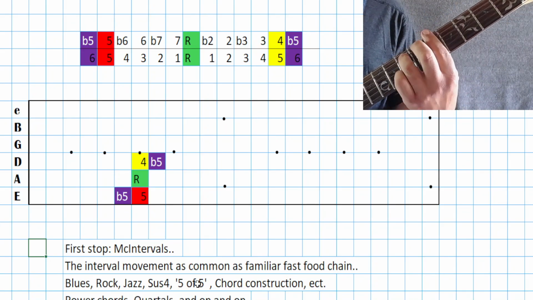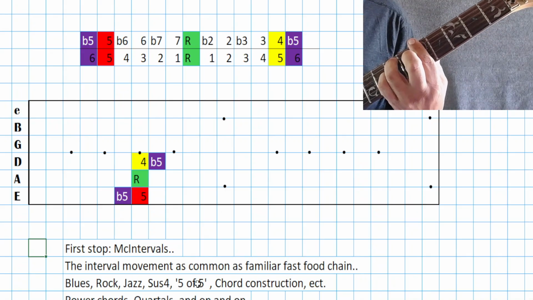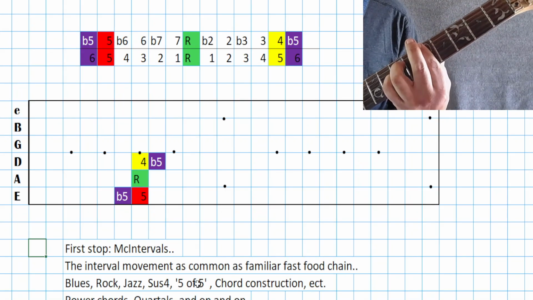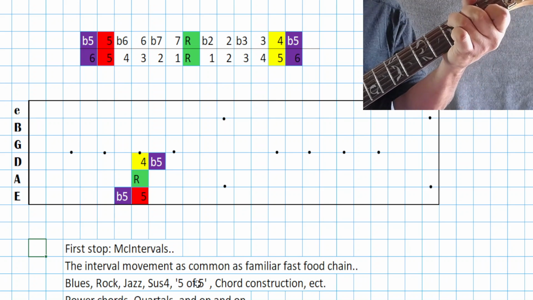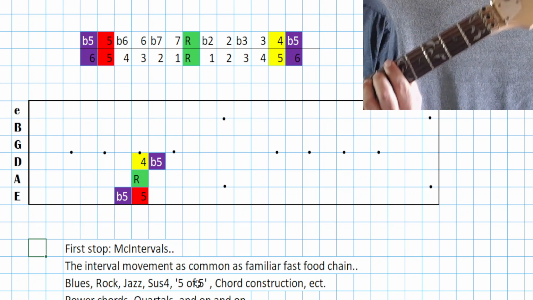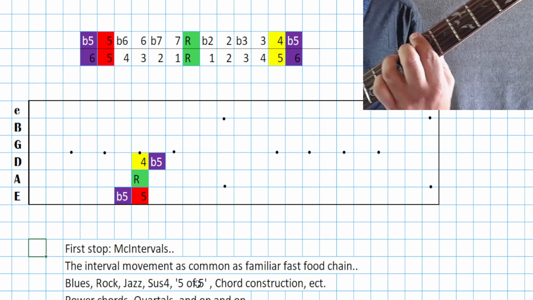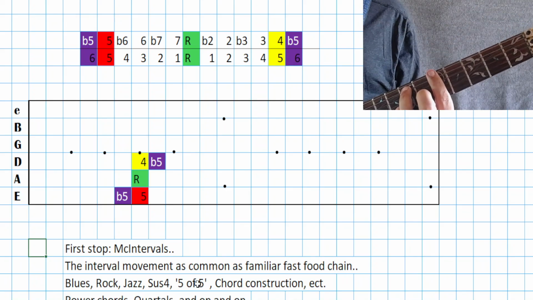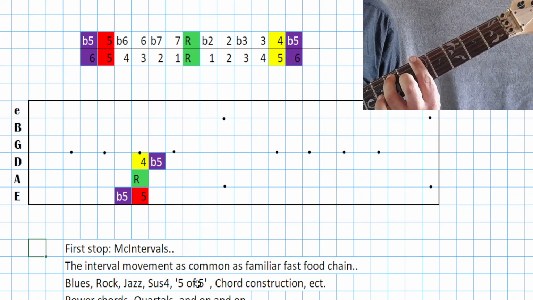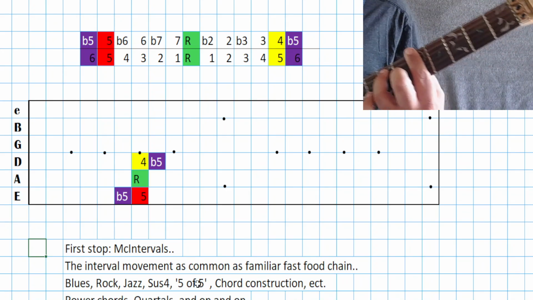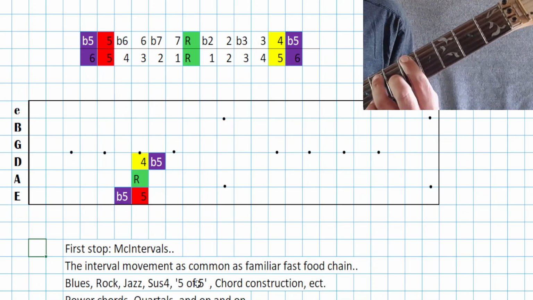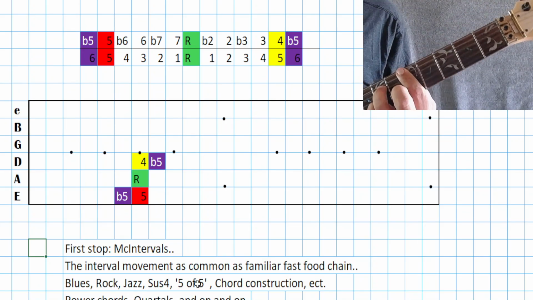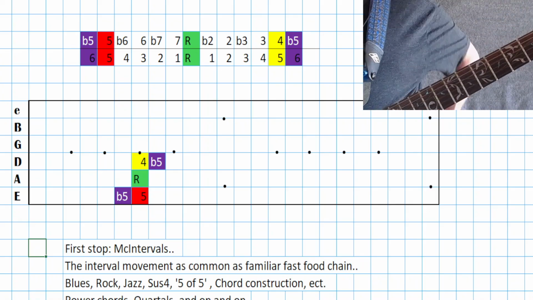I can come from above and do a 5. All 5 of 5 of 5. I don't think it works when you go 5 of 5 of 5. It didn't really sound that sonically connected to me, but the first 2 did. The 5, A7, going to D7. All right, so